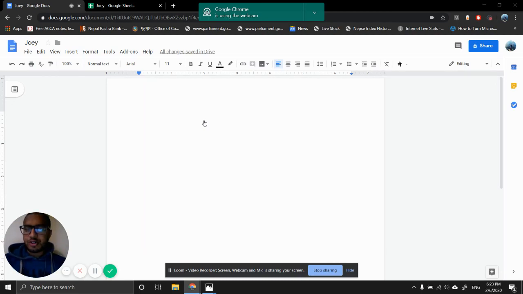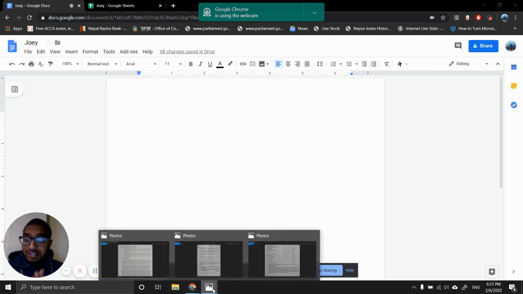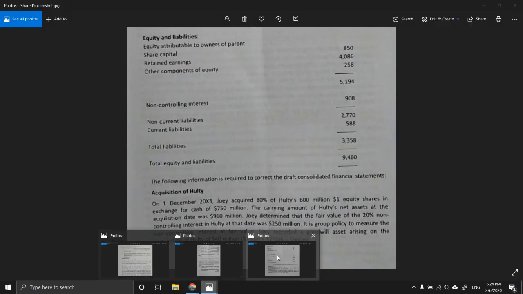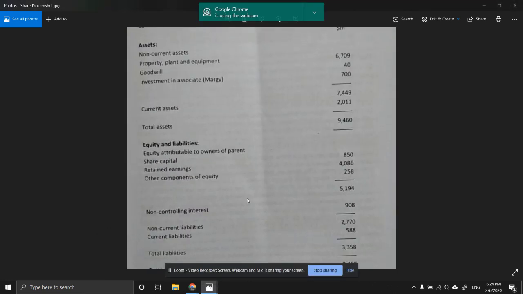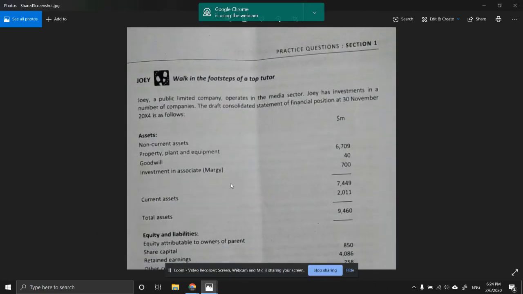So in this particular session what we will be discussing is Zoe. What is Zoe? It's an SPR exam kit. What we are given, as you can see on your screen, is Zoe, a public limited company, operating in the media sector. Zoe has investment in a number of companies. The draft consolidated statement of financial position at 30th November 20x4 is as follows: